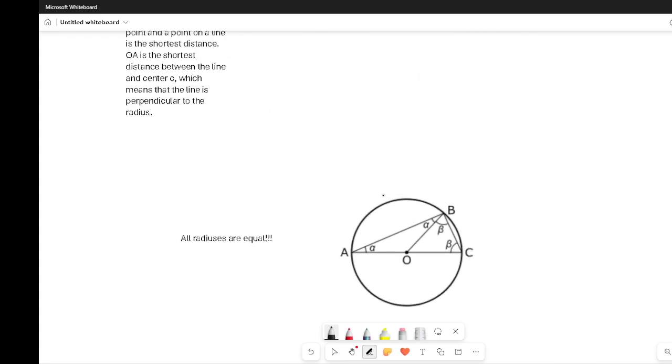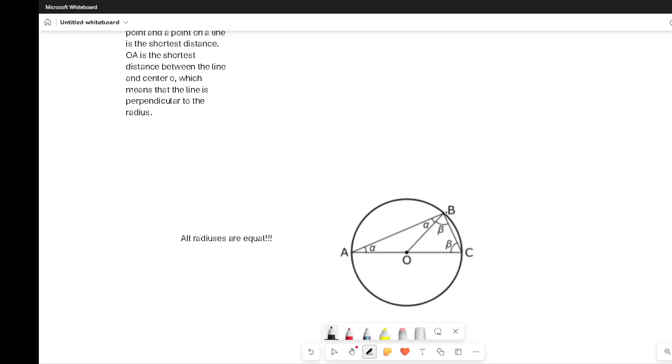So this is called Thales' theorem or something like that. Basically, it's saying that if you draw any two angles from the diameter of a circle, so like from here, it's saying that this is always going to be a right angle. And the way they do this basically is,